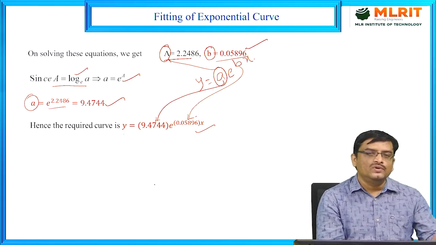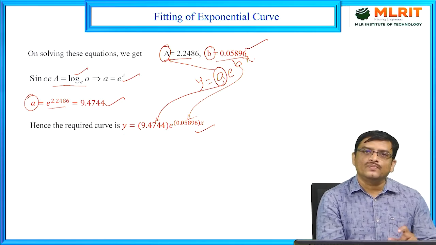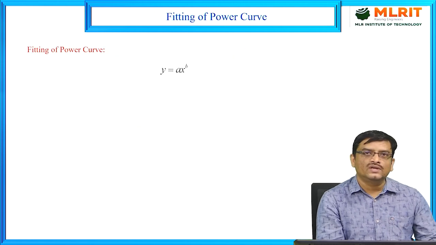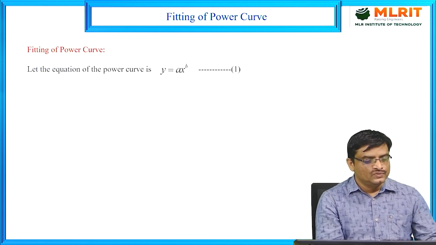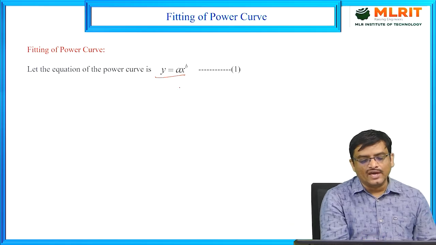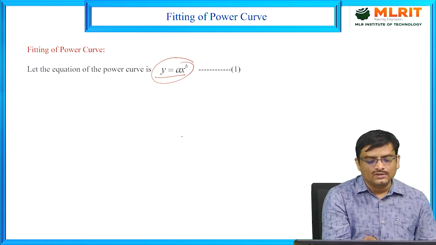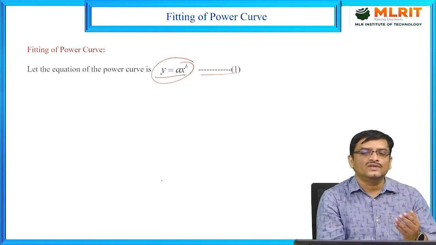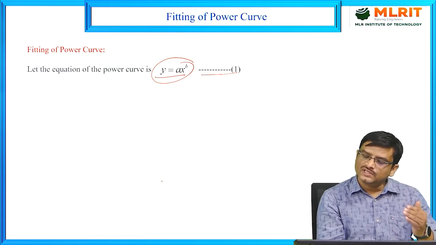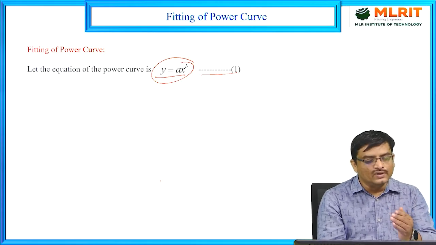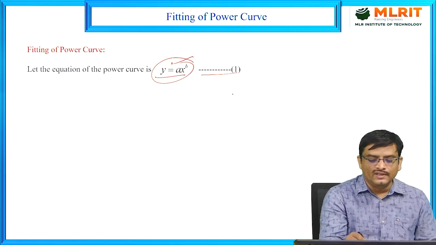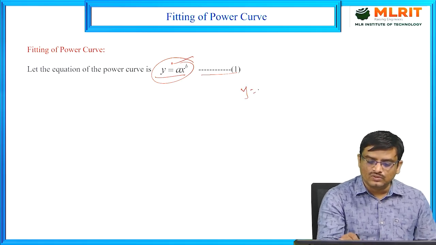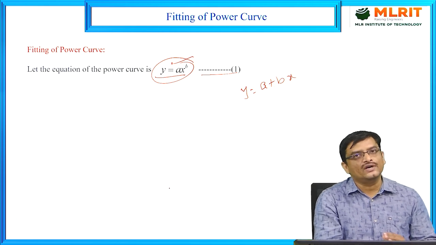Now, up to now we have discussed how to fit an exponential curve type 1 and type 2. Now we are going for the power curve here. So this is our power curve, y is equal to a into x power b, and consider this as equation 1. Whatever procedure we followed for the fitting of the exponential curve, we follow the same procedure for this, and convert this power curve in the form of a straight line, that is y is equal to a plus bx,